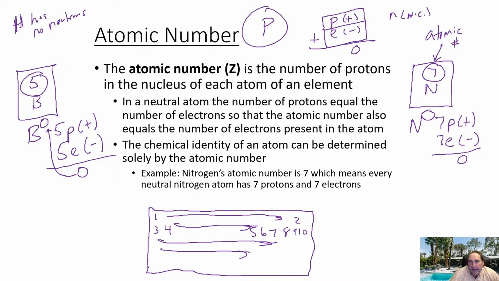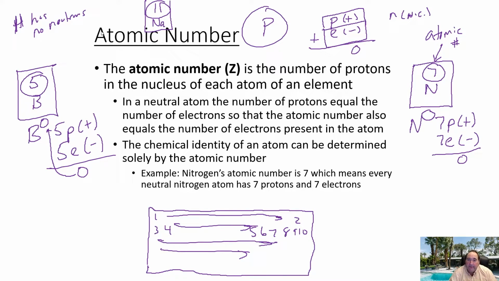You will never find a nitrogen atom with an atomic number of 11. That is because if you go to the periodic table, lucky number 11 there is sodium. So if you know the atomic number, which basically means you do know the number of protons, all you need is a periodic table and you'll know what element you're talking about. The opposite is also true: if you know the element you're dealing with, you can go to the periodic table, find its atomic number, and know how many protons it has.